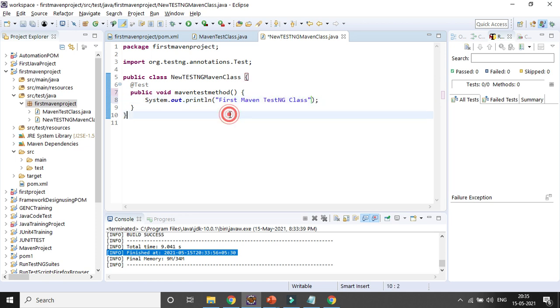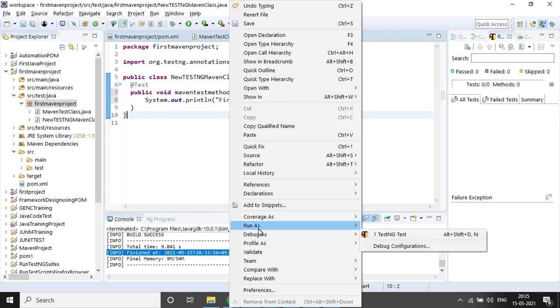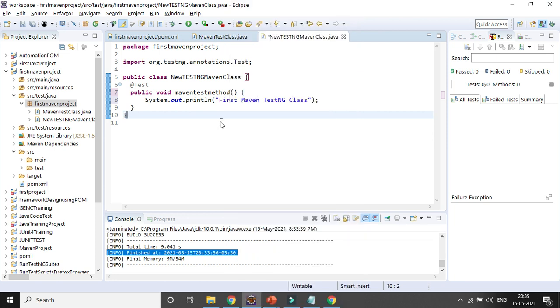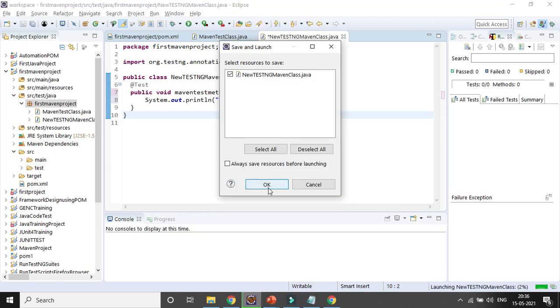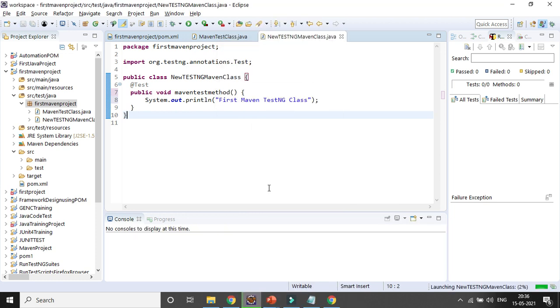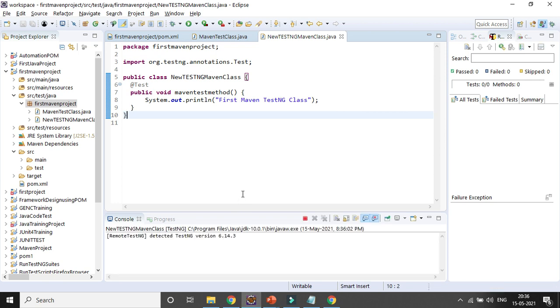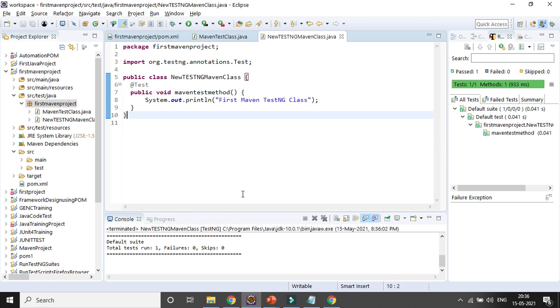Okay, now if you run it from here, you can see it is a Maven test. You can run it, and you can see it runs one by one.